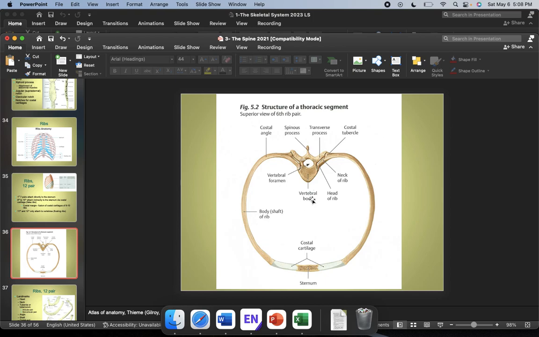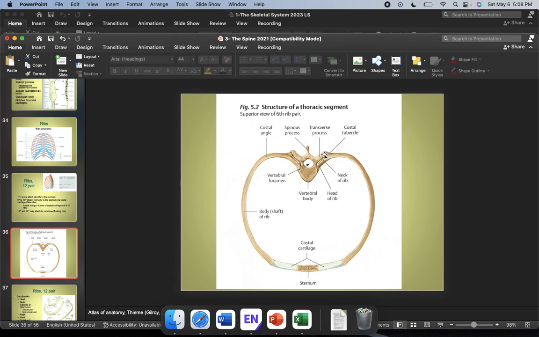This image from a superior view on top is going to help us identify the 2 points of attachment for each rib with its thoracic vertebrae. So the thoracic vertebrae, many of the ribs throughout the thorax are going to attach to 2 thoracic vertebrae via a superior and inferior demifacet. But each rib will only articulate with a single